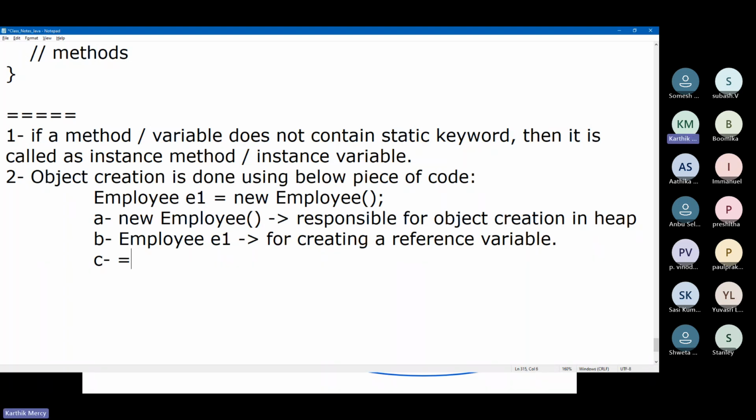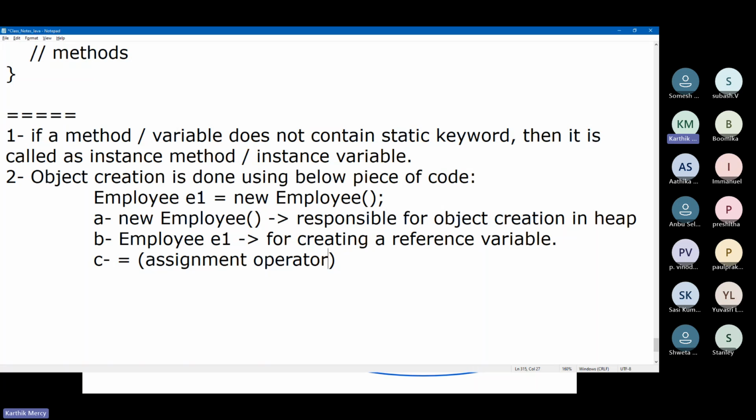This is related to the equal to symbol. This is something called the assignment operator. We have a few operators in Java, and we have something called operands and operators. This is a topic that requires our attention, and I'll deal with all the operators in Java in upcoming sessions.